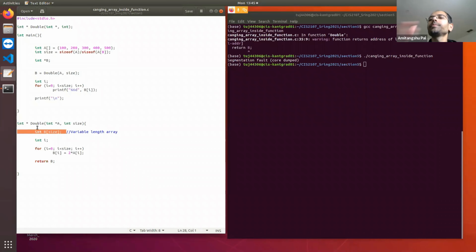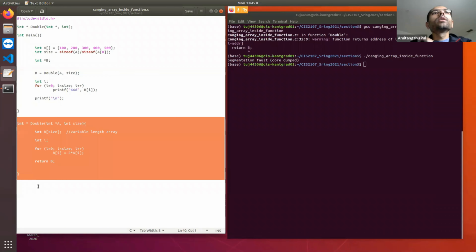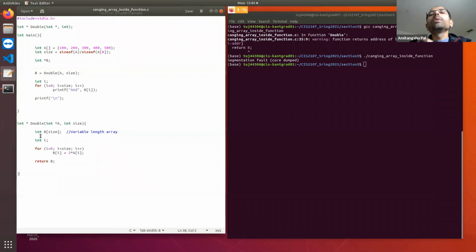Let's see. How can I replace this line so that this is going to resolve the problem? The problem is I am declaring b over here, and I am assigning the value, but whenever I am returning from this function, this memory is getting deallocated. So I am trying to print something from the memory that has already been deallocated.